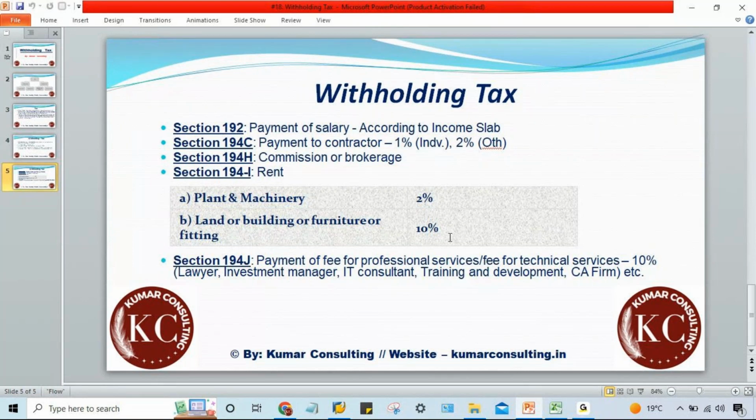So whenever Tata Motor makes the payment to those builders, a 10% TDS is going to be deducted. So how is it going to happen, guys?